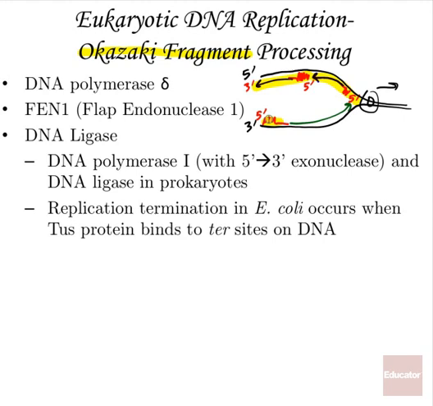Okazaki fragment processing happens when we have pol delta, FEN1, and DNA ligase all coming into play. If this is happening in prokaryotes, it is carried out by DNA polymerase 1 and DNA ligase. And in E. coli, replication termination actually occurs when the Tus protein binds to a Ter site on the DNA. So it's a little different. That's why we're focusing on eukaryotes. So when we have this Okazaki fragment processing, if we draw it out again,